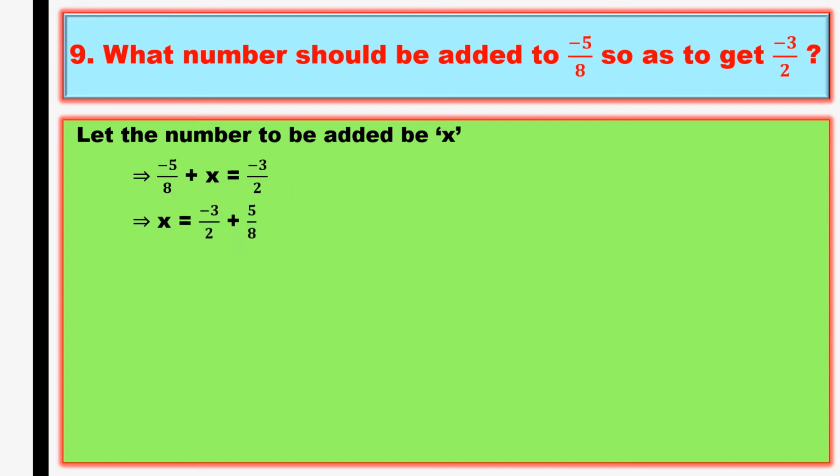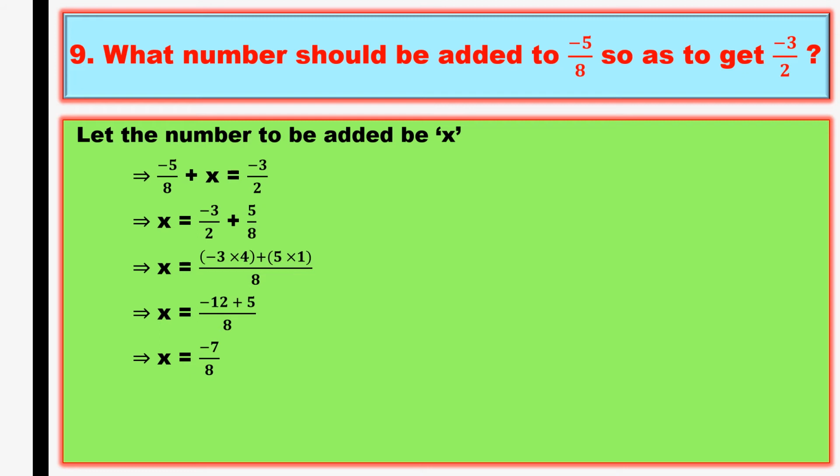Okay, now here two rational numbers with plus in between. So take out the LCM. The LCM of 8 and 2 will be 8 only, and simplify it. In the 2 table, 8 goes 4 times, so 4 into the numerator is minus 3. Okay, next, in the 8 table, 8 goes 1 time, so 1 into the numerator is 5. Okay, so minus 12 plus 5. So two different symbols. So you should subtract and put the big number's symbol. So minus 7 by 8.